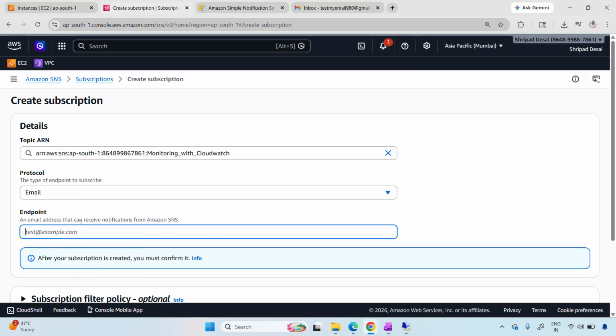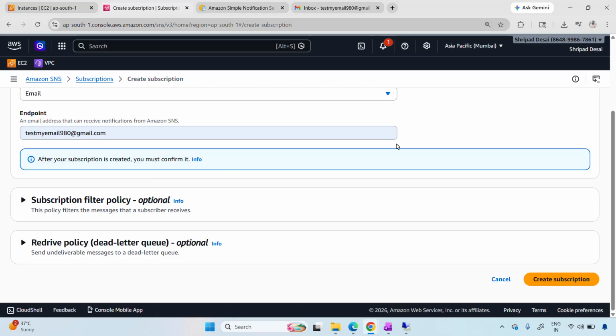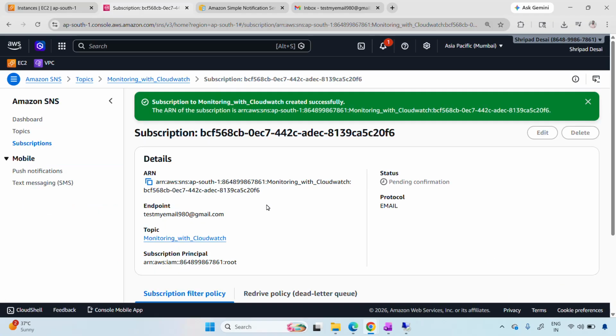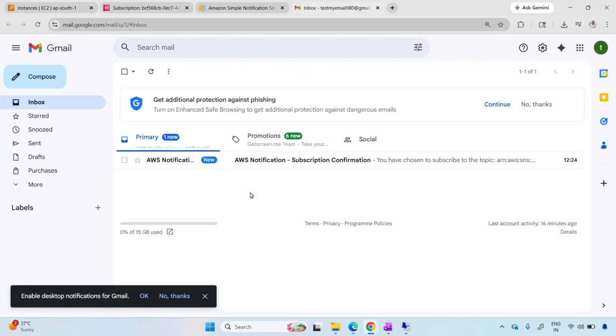Okay, I'll write the email as test my email 980 at gmail.com. This is what I have created for the test purpose. Okay, so that's it, and create subscription. So the subscription is being created now. Once I send a request as an endpoint to test my email 980 at gmail.com, you can observe here that